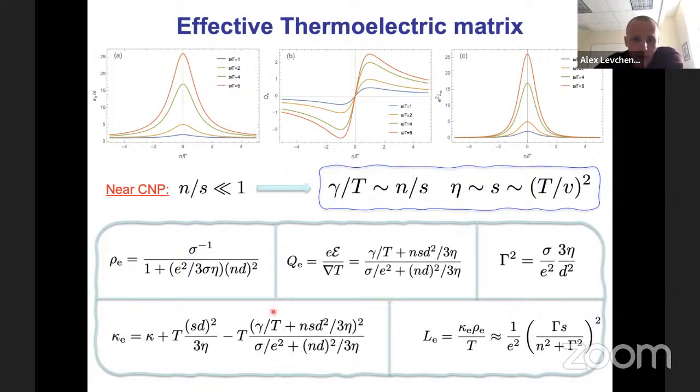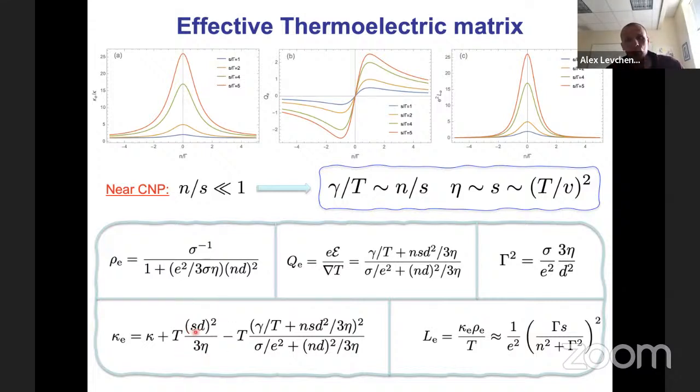So the most remarkable property of the thermal conductivity is actually happening in the regime of charge neutrality. So close to charge neutrality, where particle density is much smaller than entropy density, and we can take it even to exact charge neutrality. At exact charge neutrality, conductivity is just the intrinsic one. It is independent of viscous effects. Nevertheless, thermal conductivity would still be strongly viscous dependent. So this term will be absent and this term will be absent, but we'll have a strong dependence through entropy density.